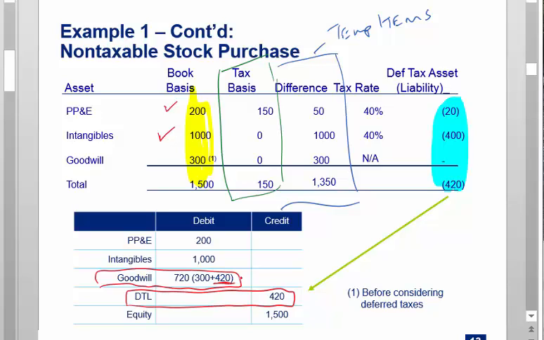So what us tax folks are going to say is, hey, accounting guys, when you bought this target, you inherited a deferred tax liability when you stepped up the basis in the assets for book purposes, and that deferred liability is like any other liability. If you assume it in a transaction, that must mean there's more goodwill. Does that make sense?